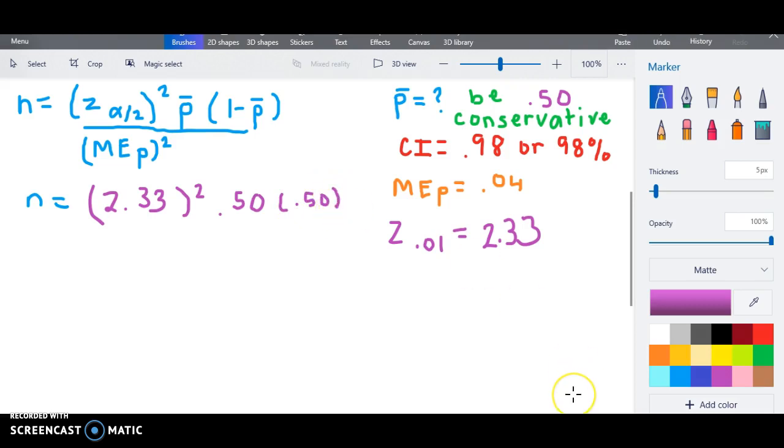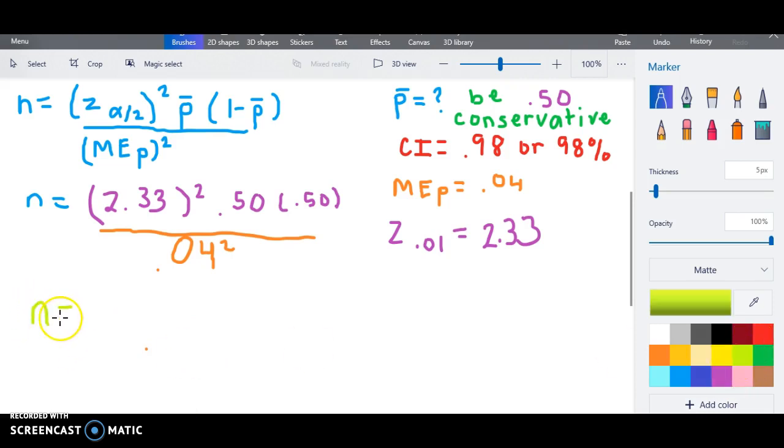And we're going to divide that by the margin of error. And the margin of error is 0.04, and we're going to square that, 0.04 squared. So if you put that in your calculator, you end up getting 848